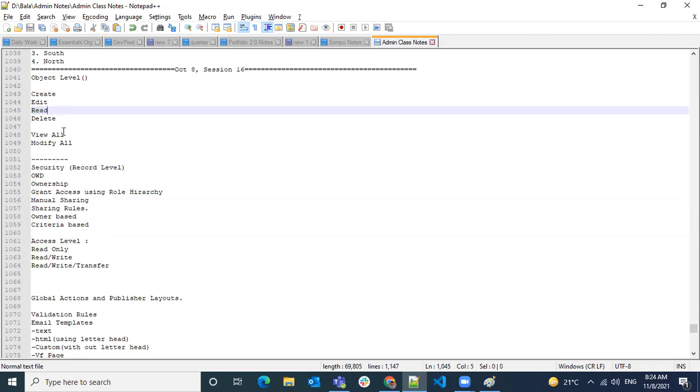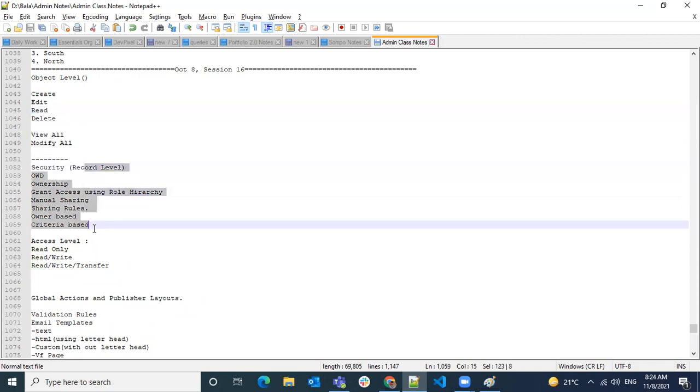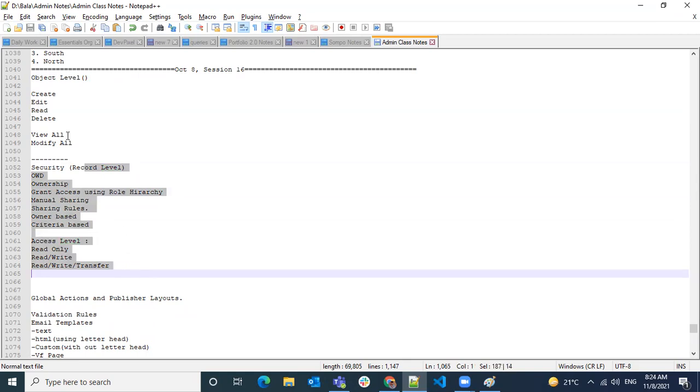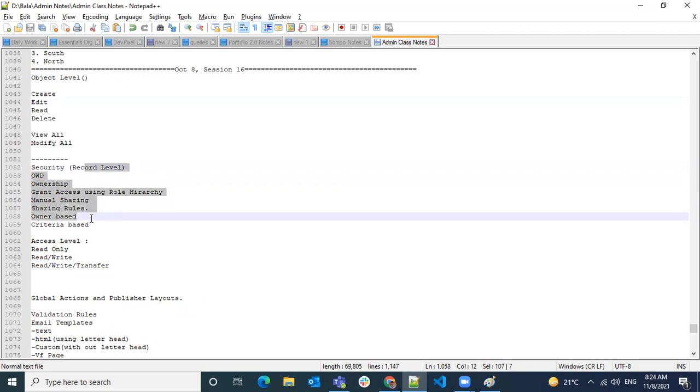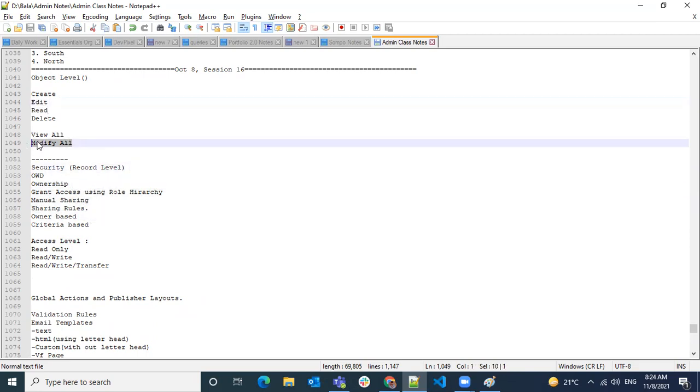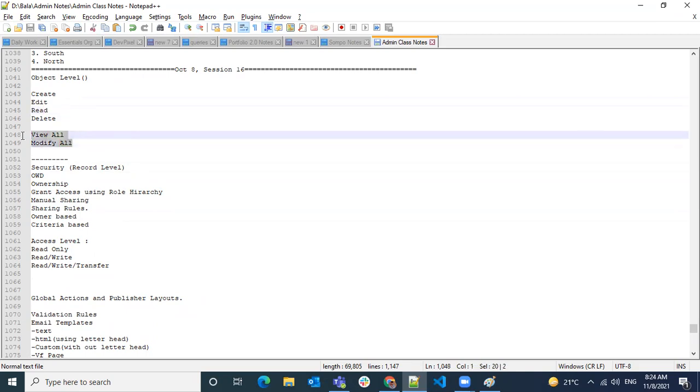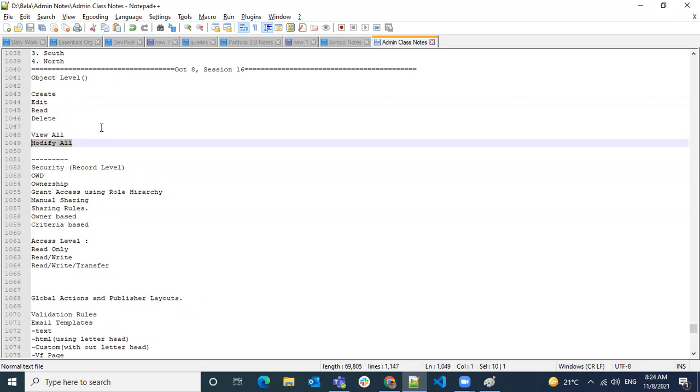So read is going to be overridden on the record level security, but edit and delete will still be controlled by the record level security only. When you have modify all, it's going to override everything: read, edit, delete, everything.